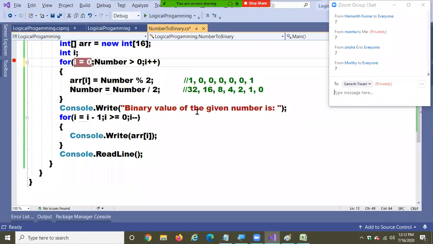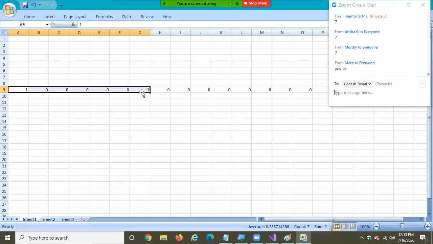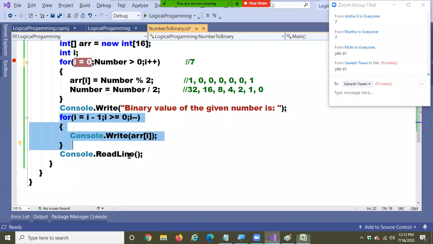The i value counts the number of times the execution has taken place. That is what I used in my next for loop to print the bit values. I'm printing in reverse, because binary is always printed in reverse. That's what we learned in school mathematics. Is that clear, everyone?